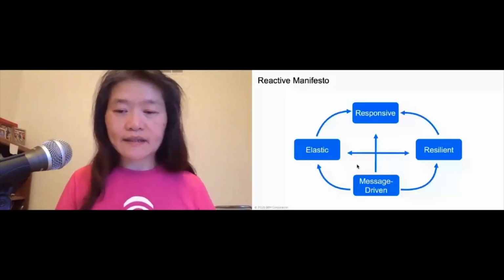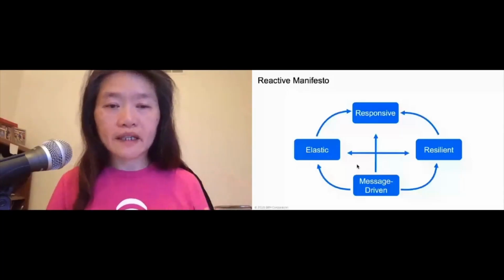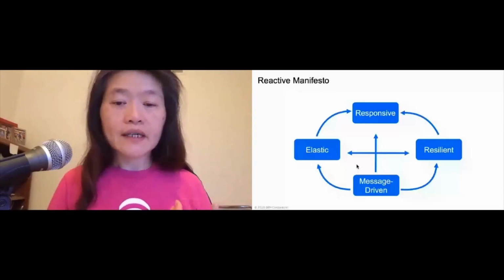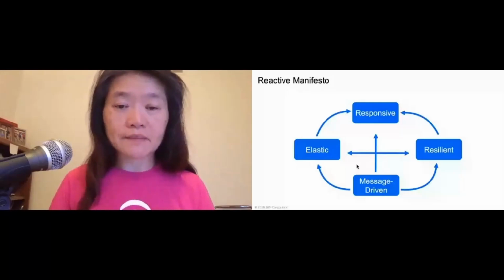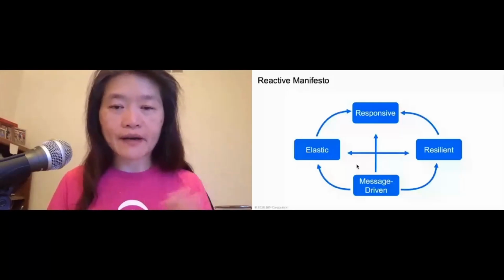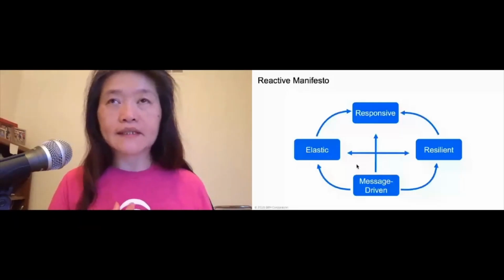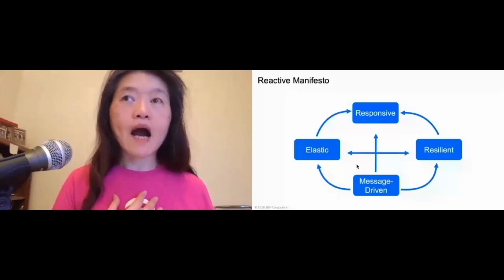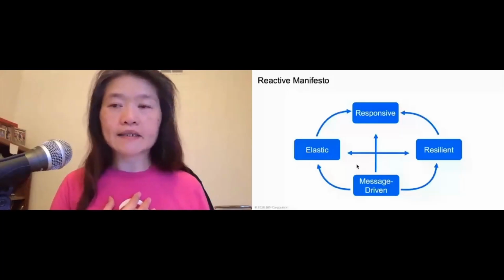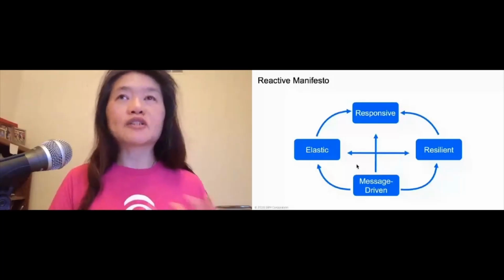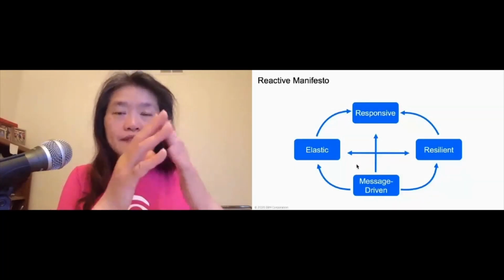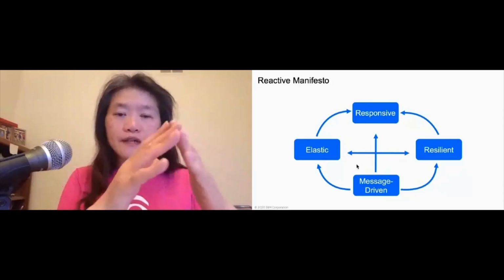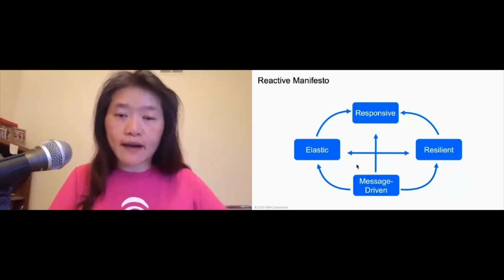Okay, and then the other thing is dealing with resiliency. Essentially, this deals with the recoverability of a system in the case of failure. That's also a very important aspect of a reactive system. In order to qualify, you have to have some level of resiliency. For example, the Lightbend Akka system has its supervisor capability. Think of an actor that can spawn off child actors.